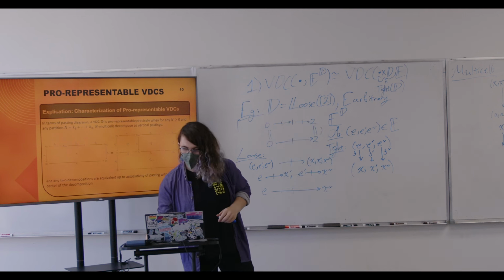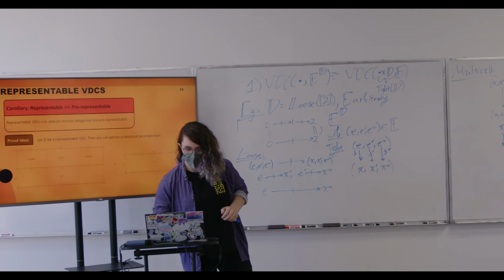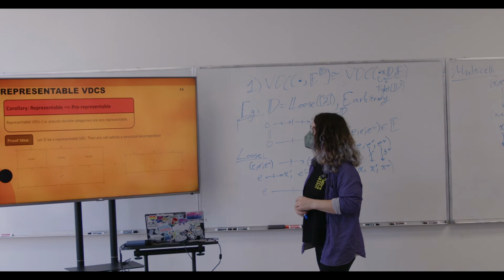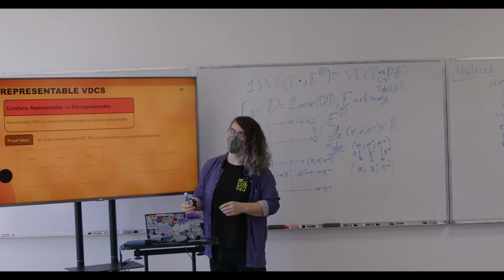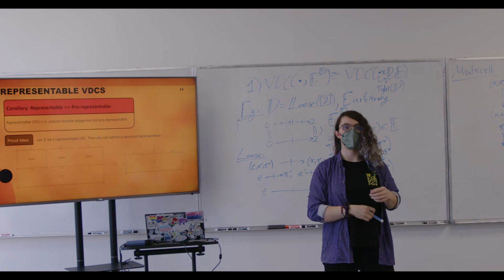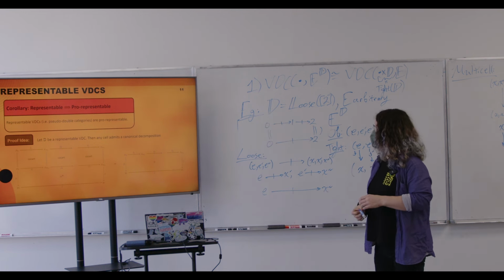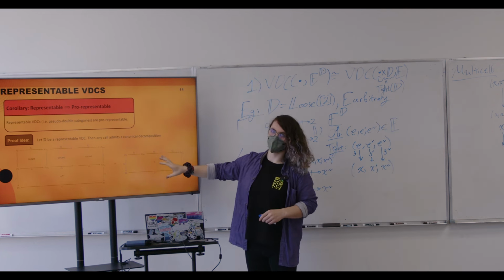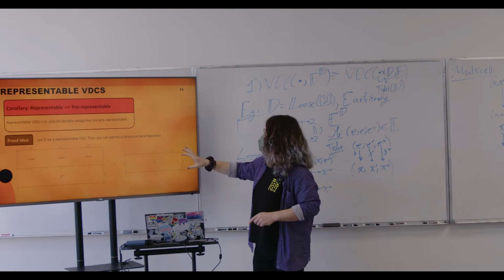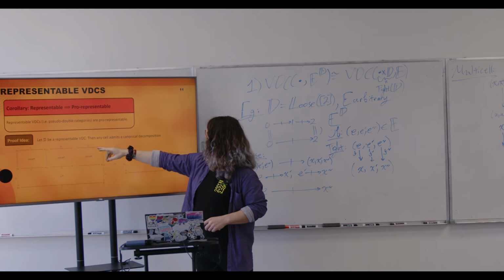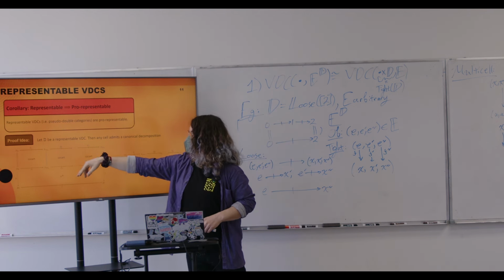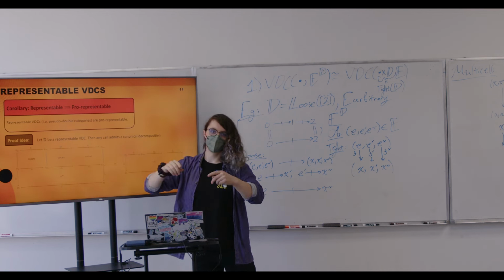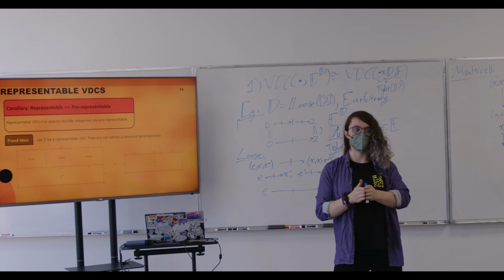Okay, so to give a first example of this, which I hinted at earlier: representable virtual double categories, i.e. pseudo double categories, are all pro-representable, so we can exponentiate them. The idea behind this is that for any multi-cell and any partition of it, we always have a canonical decomposition given by taking the unbiased composites of the various chains of multi-cells. So we always have existence of these decompositions.